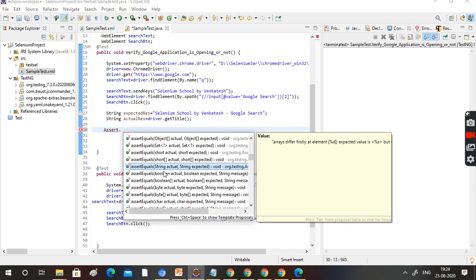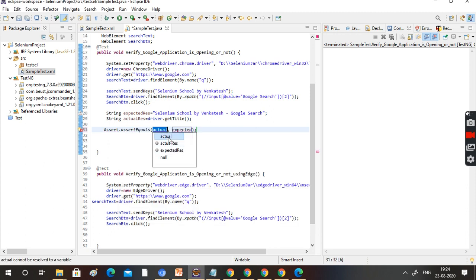This is the one. The first one is the actual result we need to pass, and the other one is the expected result we need to pass. So where is the actual result? This is the actual result, right? Pass it here. The expected result, pass it here. Okay? Fine.